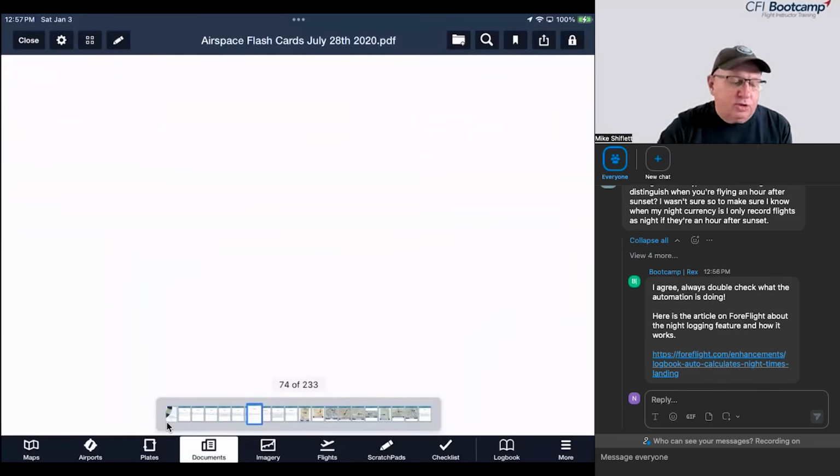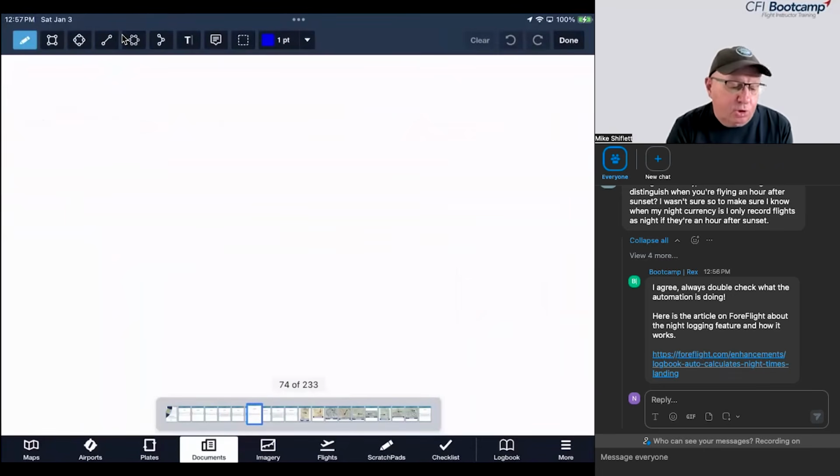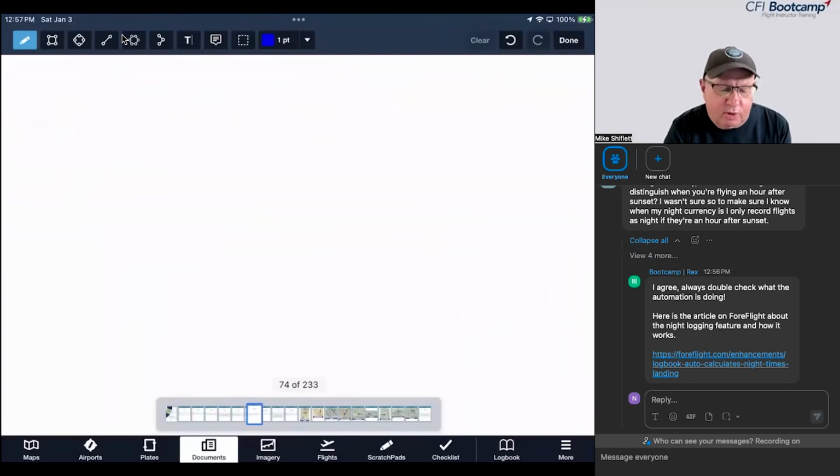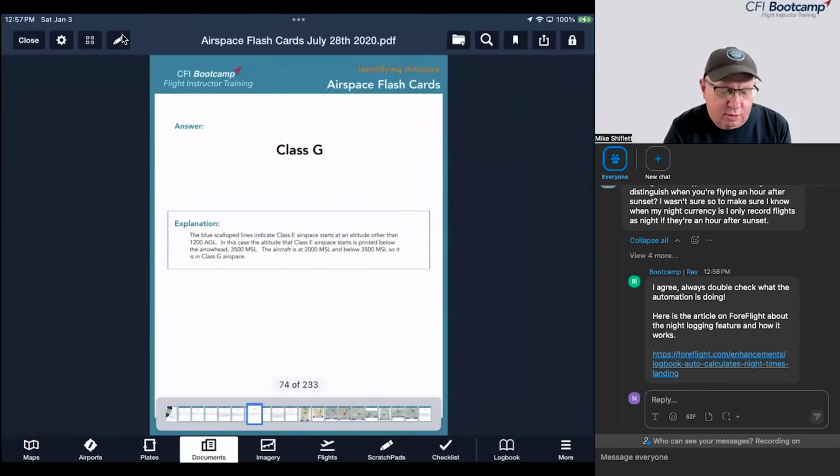And take your Apple Pencil and go to the very top, and you'll see a pen tool right here. Tap that. I'll pick a blue color. It seems like a good color. I don't know how many points I want to make it yet, but I'll just give it a go. Okay, and then I can also get rid of those. So I've got a virtual whiteboard here,